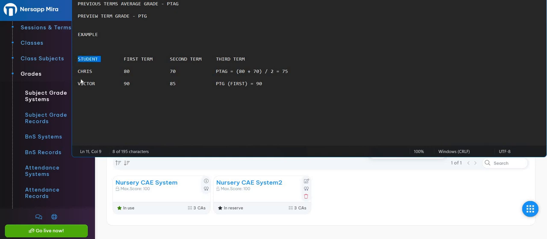Assuming we have two students, Chris and Victor, and in their first term, Chris scored a total score of 80, Victor scored 90, and your score moved from first term to second term. Chris scored 70, Victor scored 85. So in your third term, assuming you are trying to use a different grading structure to calculate their performance or their total score, and that total score would want you to reference one or two previous term scores, like what